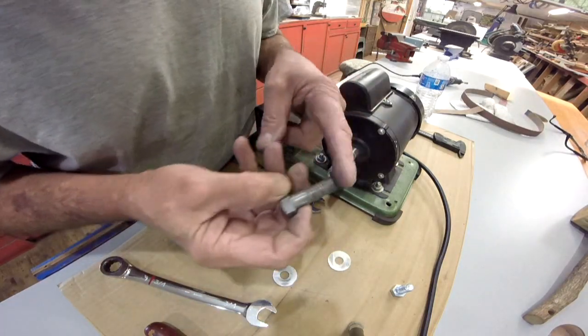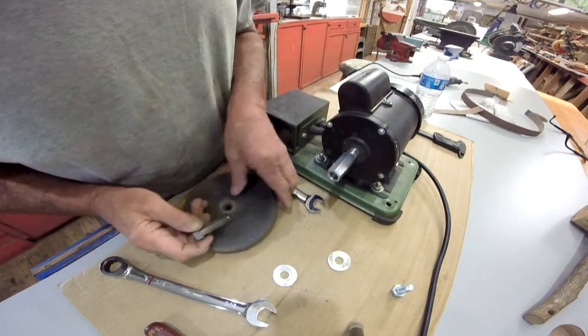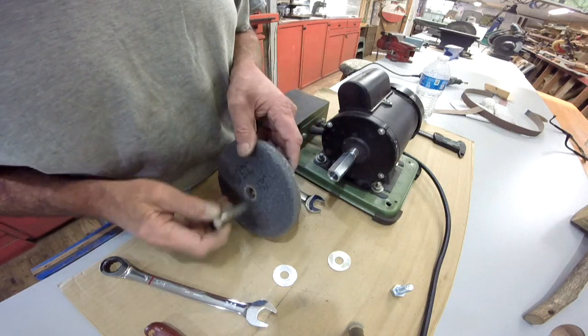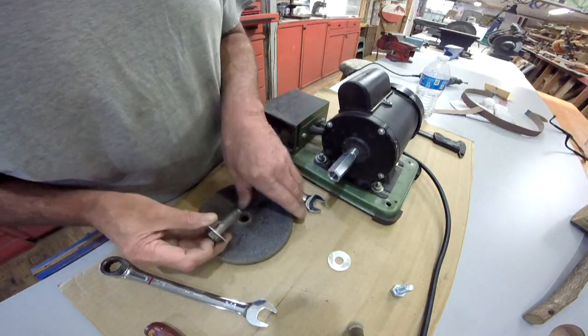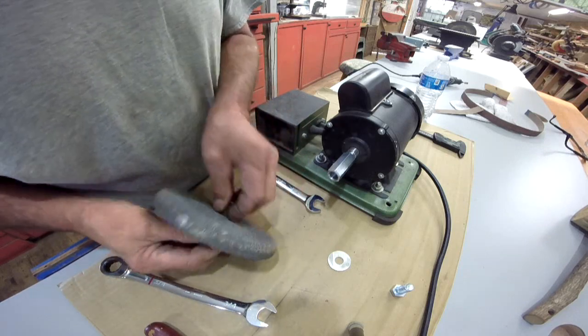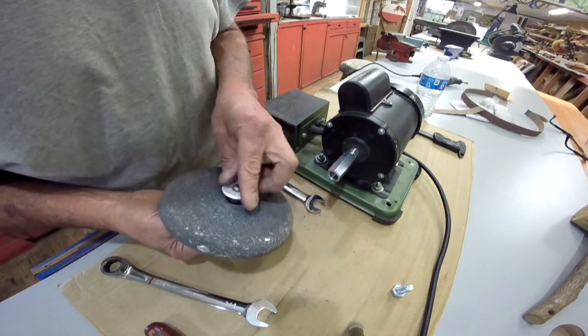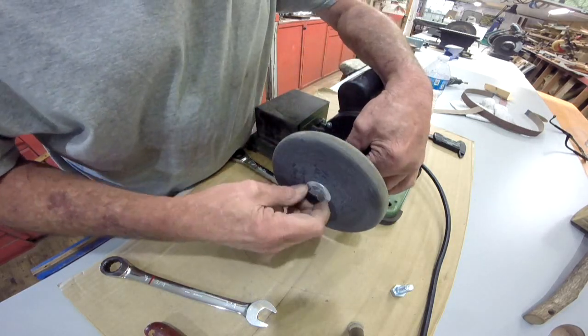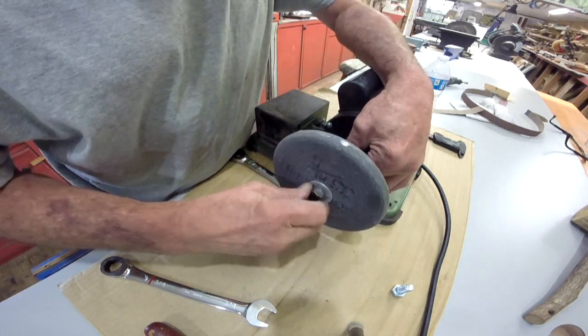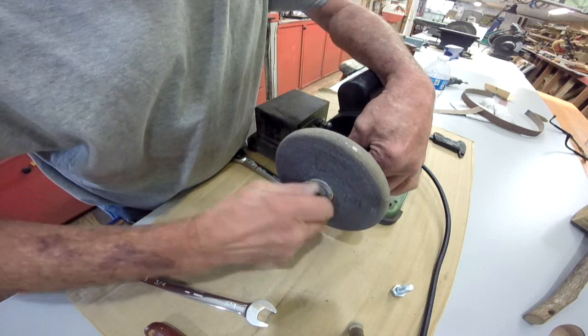Found another bolt. I had to cut it off. Make sure it was long enough but not too long. Now we're going to take the washers that we made, or shims if you will. Hey, see what I'm doing now? May have been confusing before, but